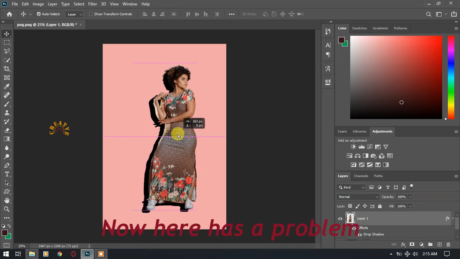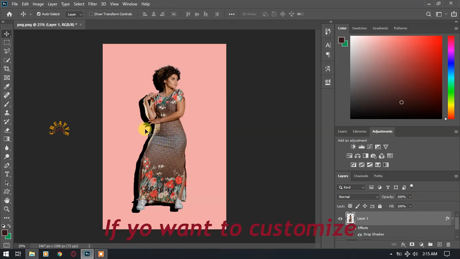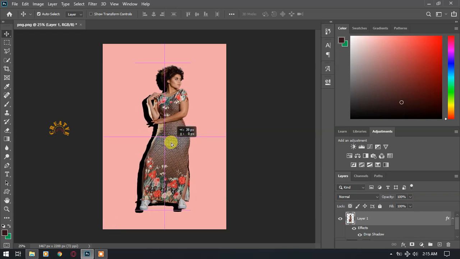Now here is a problem. Shadow and the image both are moving. If you want to customize or modify the shadow, then you need to separate the shadow from the image. In that case,